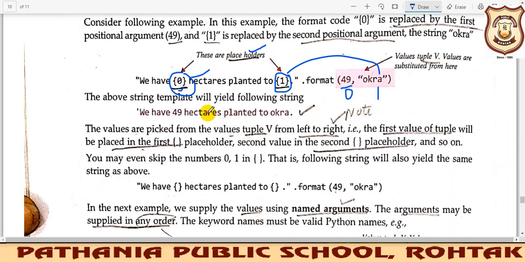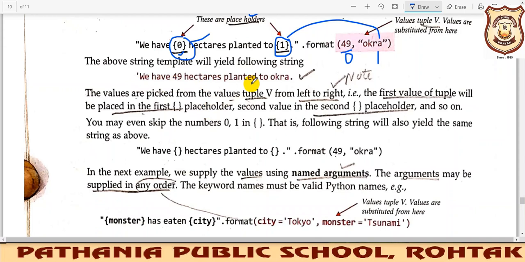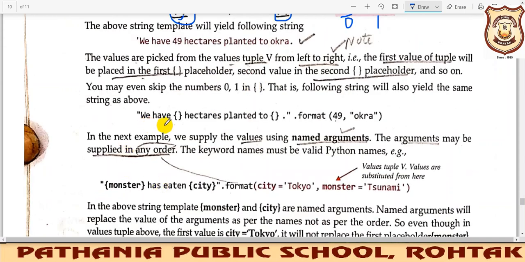So it can be managed like this. Here also you can see we have not written anything inside these two positional placeholders. So using this format function, this will get automatically filled and Orca will get written here.